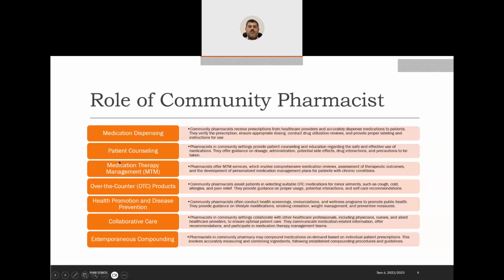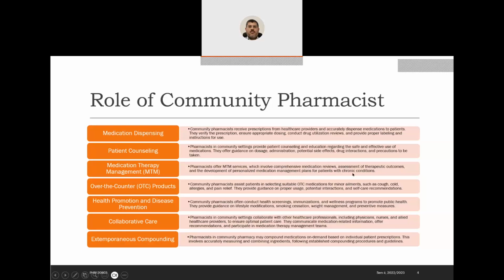Also, medication therapy management is one of the functions provided by community pharmacists and involves comprehensive medication review, assessment of therapeutic outcomes of the medications the patient is currently receiving, especially for those having chronic diseases and on long-term therapy. And they should participate in development of personalized medication management plans for patients with chronic conditions, okay? For those patients with chronic conditions. So for this